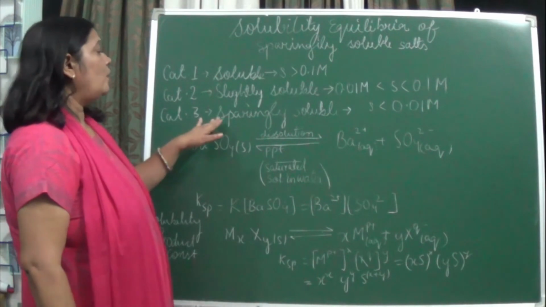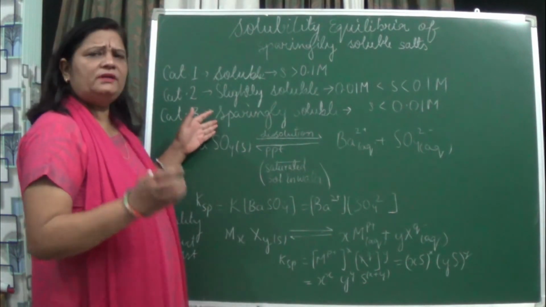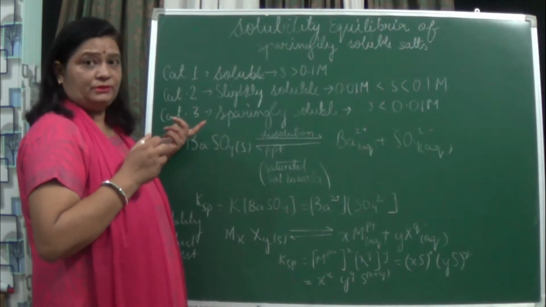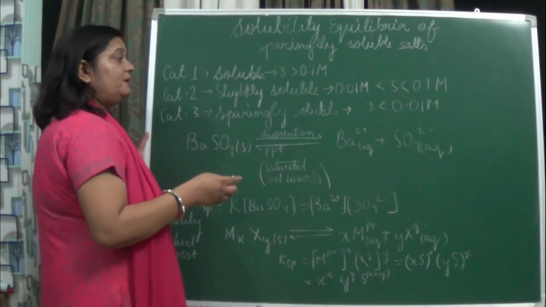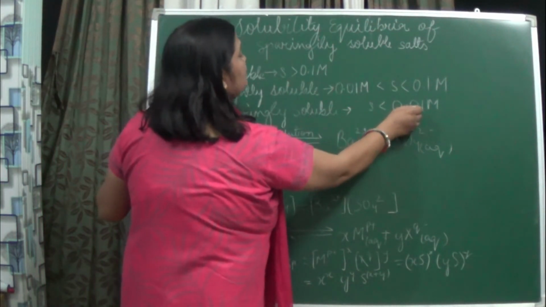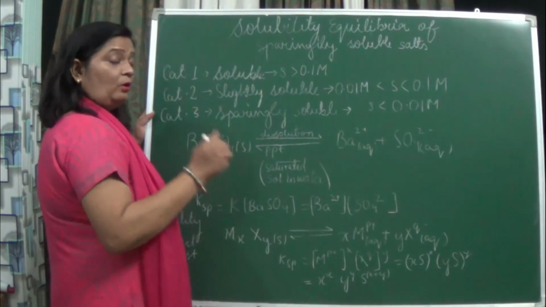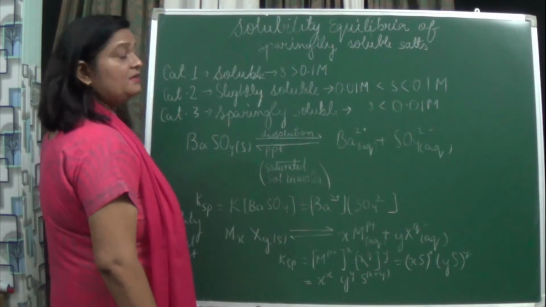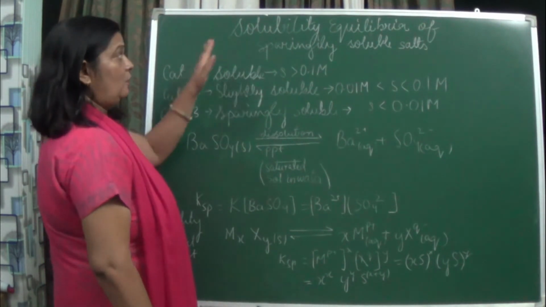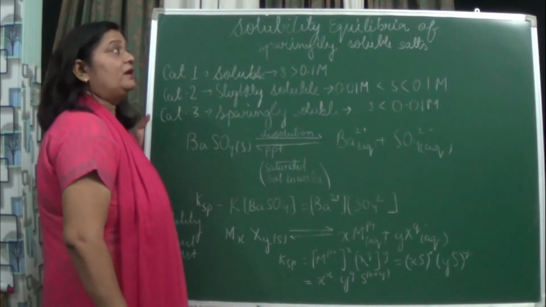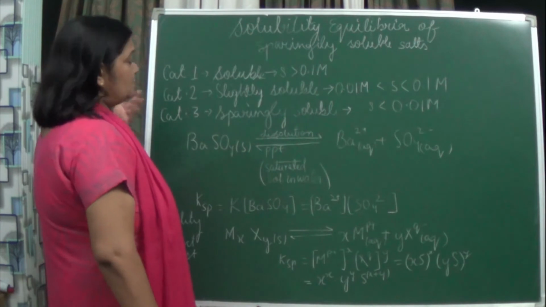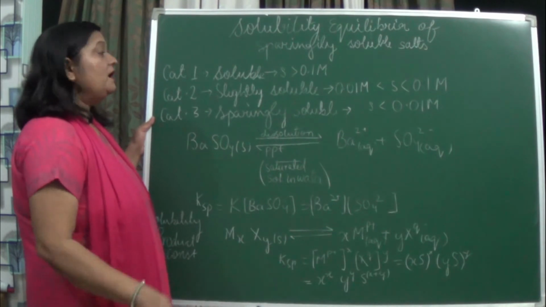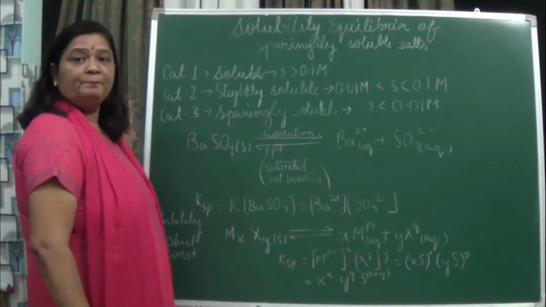When we talk about sparingly soluble salts, here the solubility is very, very less, and so we see some precipitate also in that solution. Here the solubility value will always be less than 0.01 M. And we are concerned with these sparingly soluble salts only. Right now we are seeing the solubility equilibria of sparingly soluble salts. Some examples are there. One example is barium sulfate. You can take silver chloride, you can even take baking soda. These are all sparingly soluble in water.